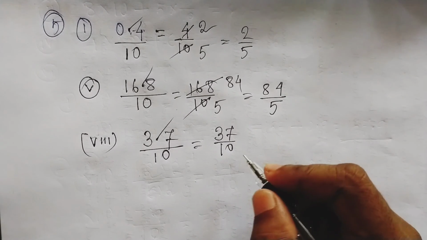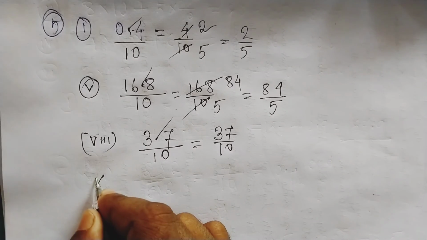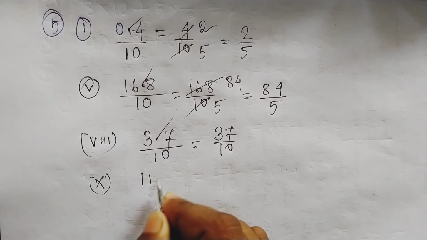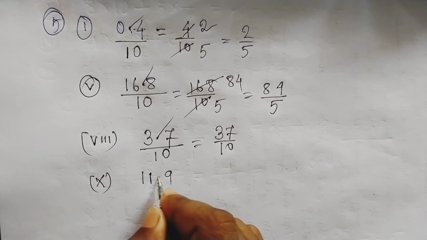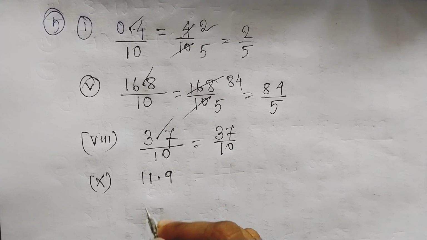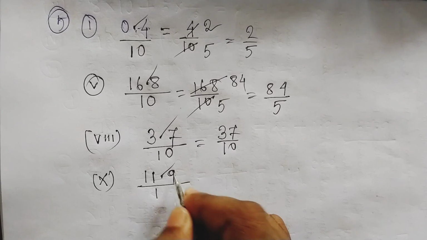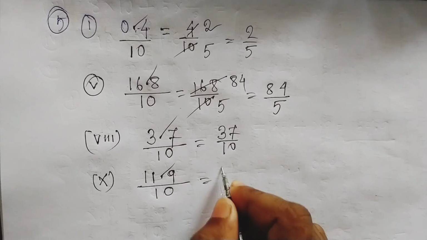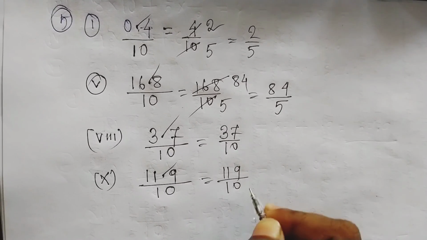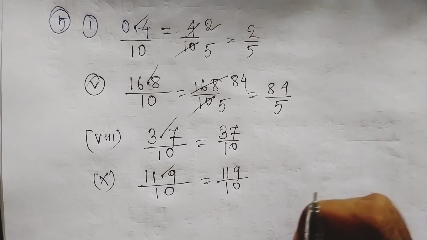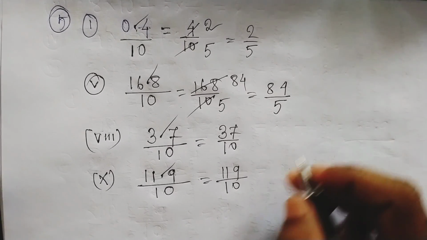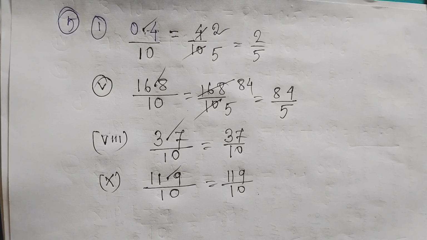Okay, now try to solve another question. Question number 10. Here is 11.9. So we have to remove the point here. So just 1 for the point, and how many zeros? Only 1 zero. So write here 10. Now again it can't be simplified by any other number. Okay, so now you can solve